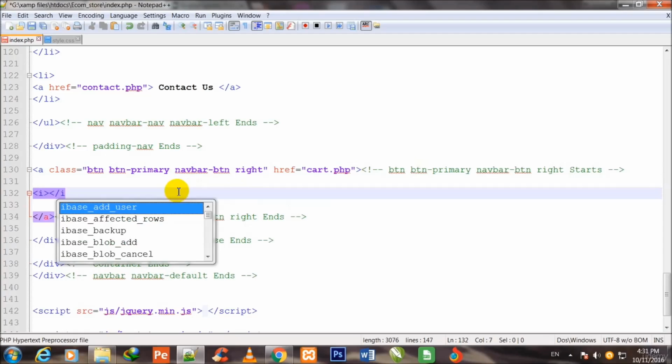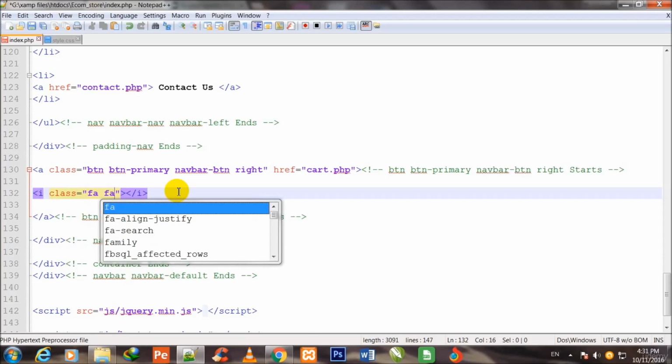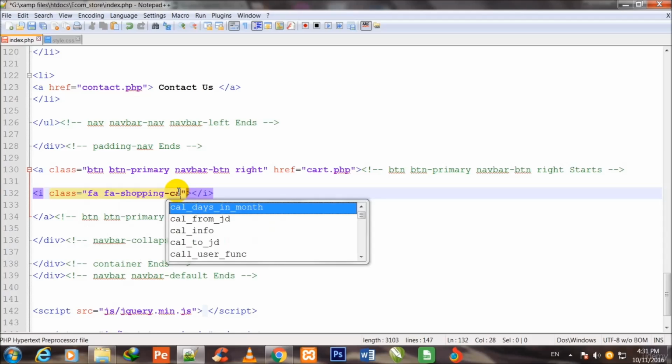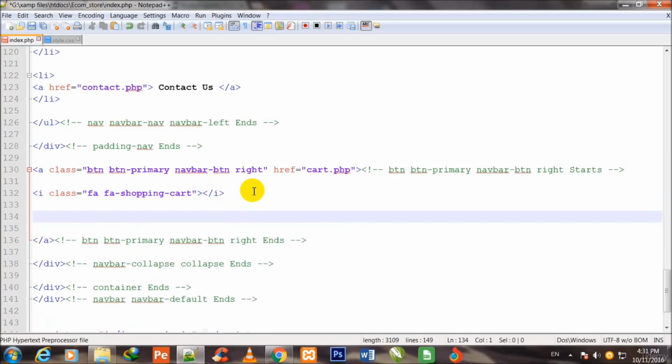So I make one i tag inside this anchor tag, and I assign a class to it, class fa fa-shopping-cart. Shopping cart icon will be shown